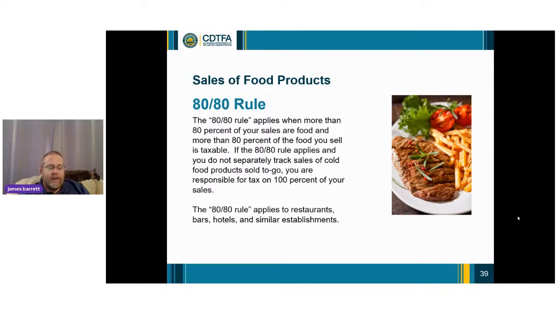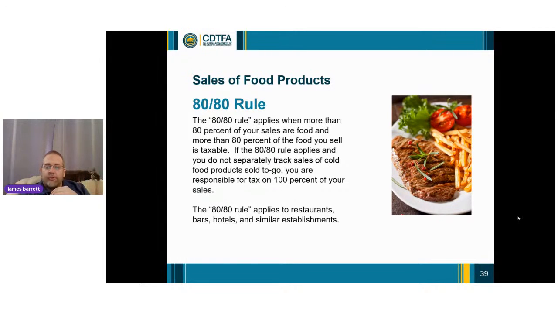I've got friends who are philosophically disinclined to give the government more money than is absolutely necessary, and that's fine. That's a defensible position, but in that situation, you have to keep track of your cold food sales separately. So you're going to need to be more sophisticated in your point of sale systems and accounting and know how much of your non-taxable cold food was sold,